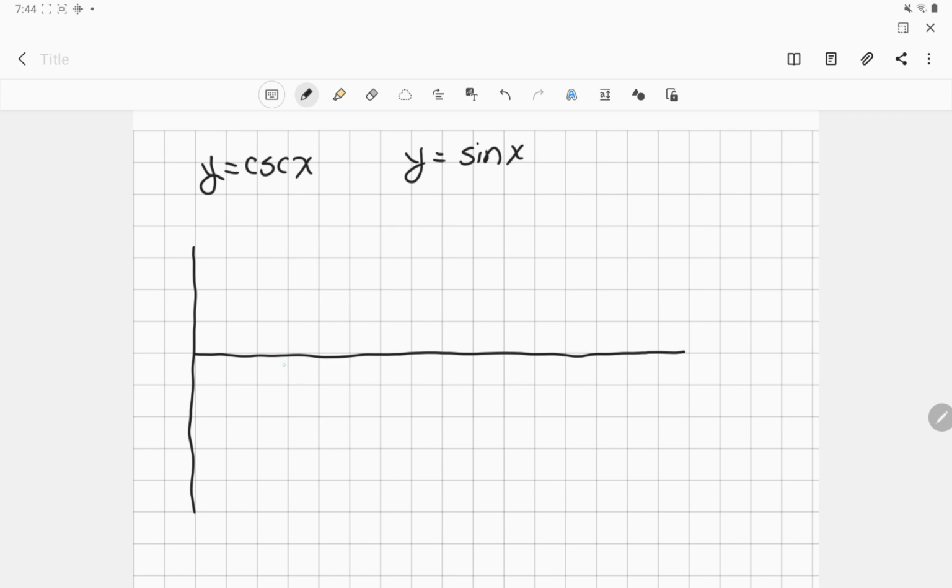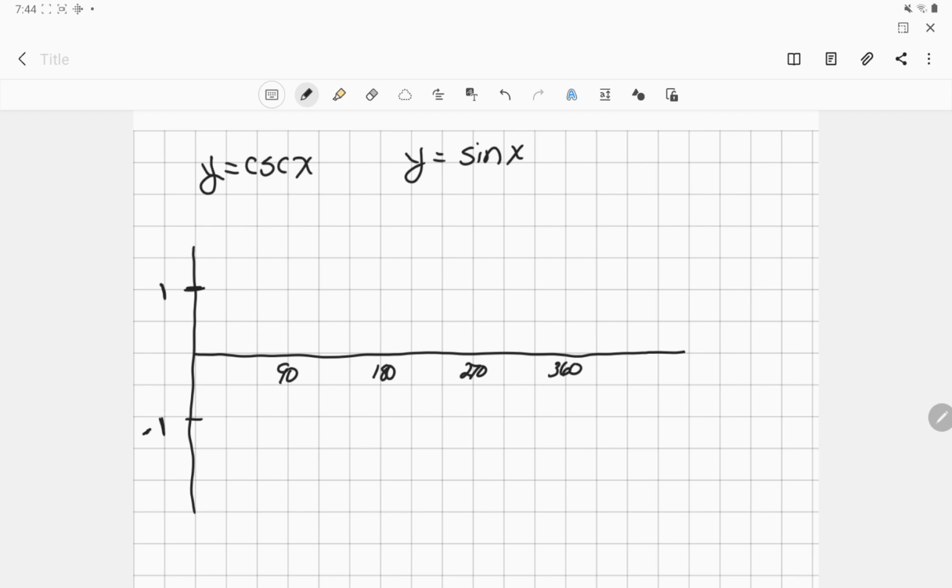So 30, 60, 90, 180, 270 and 360. I've made every square worth 30 degrees: 30, 60, 90, 120, 150, 180, and so on. Every second square is 1 on the y-axis, just so you can see a little bit